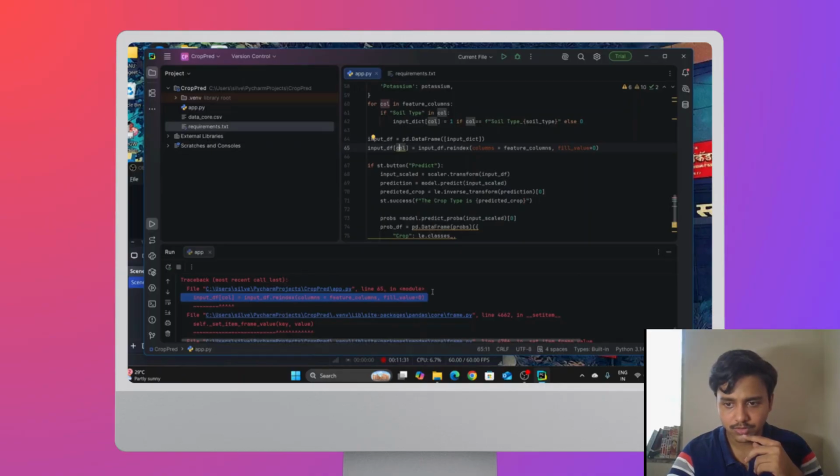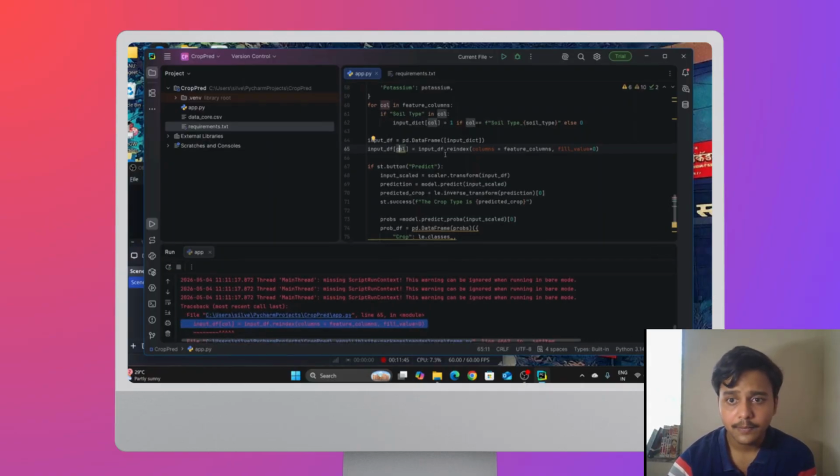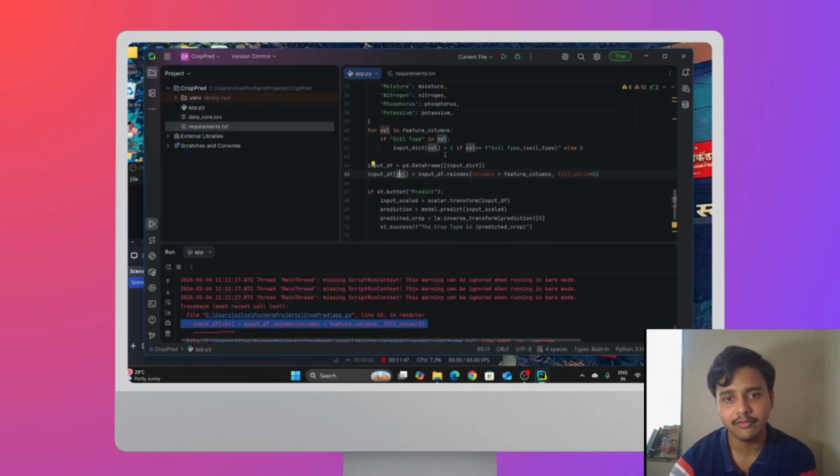Okay, so this was just about the prediction button, and the error might be somewhere around this particular call. So there comes too much debugging when we are writing any code.